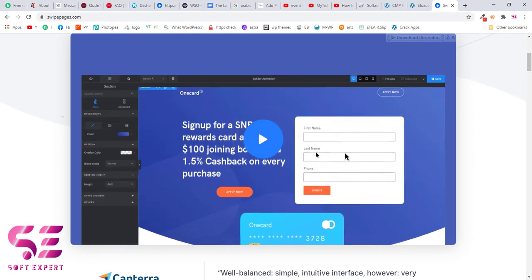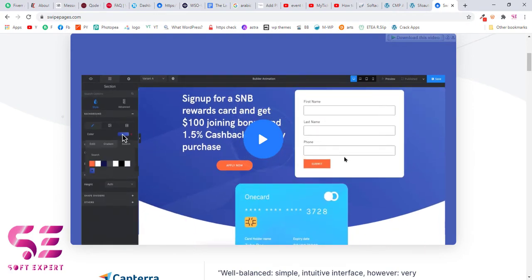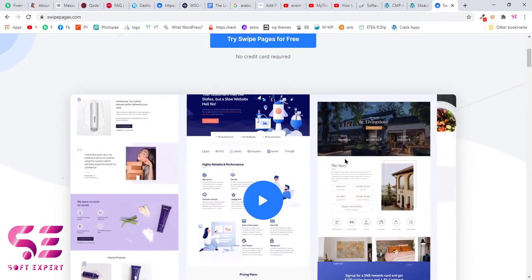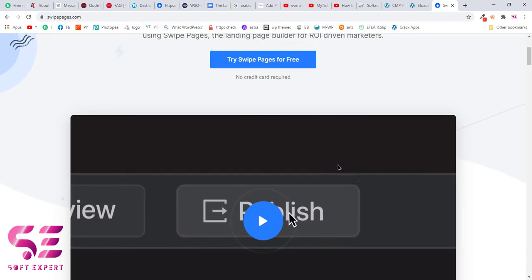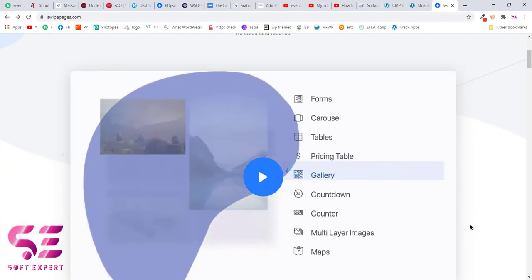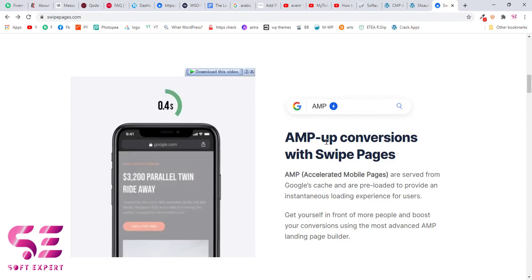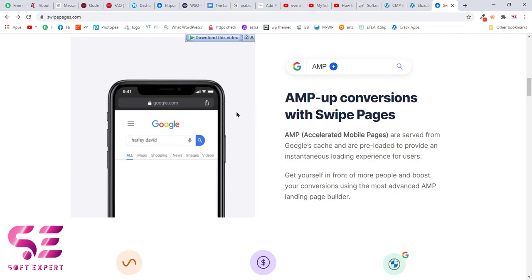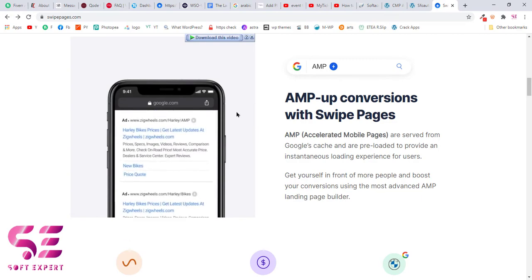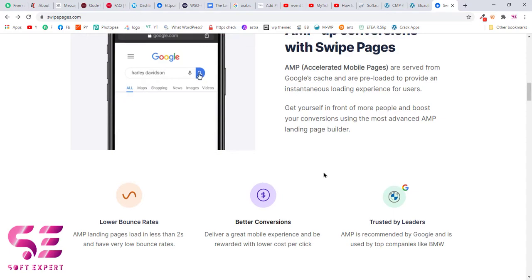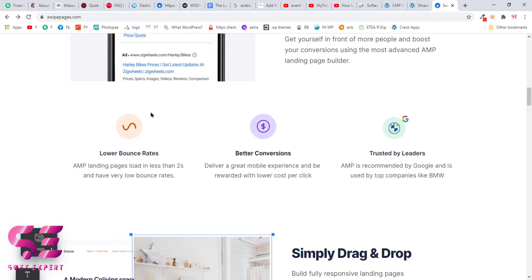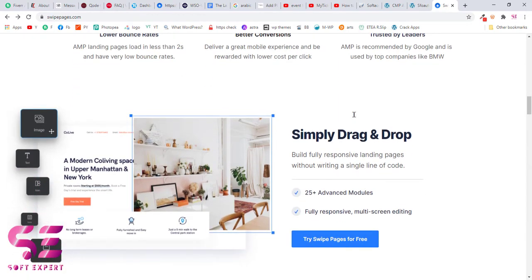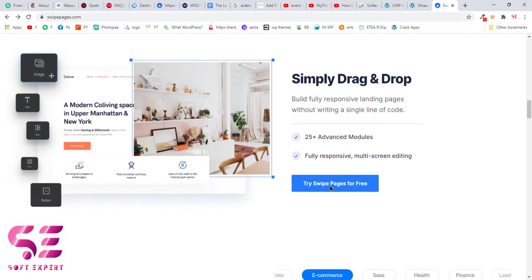As you can see here, you just need to drag and drop and you will be able to create a landing page within minutes. And there are some templates as you can see here. And the best part in the swipe pages is the AMP pages. So this is very lightweight and very fast, and your website will load within a second or 2 seconds. And that is proved by Gmetrics. If you create a website and check it on Gmetrics, then you will see the results, which we will see in a while in this video.